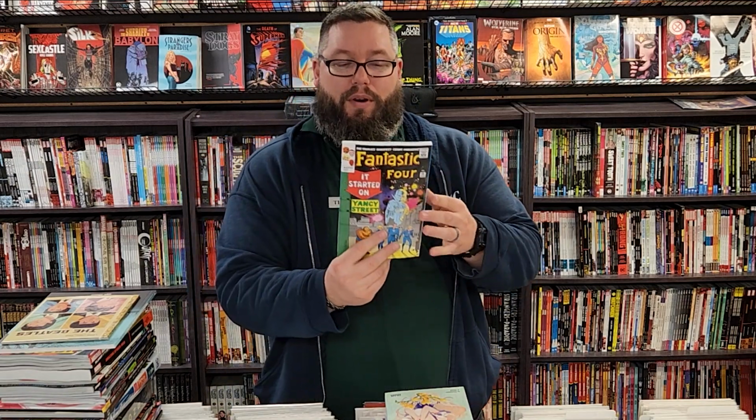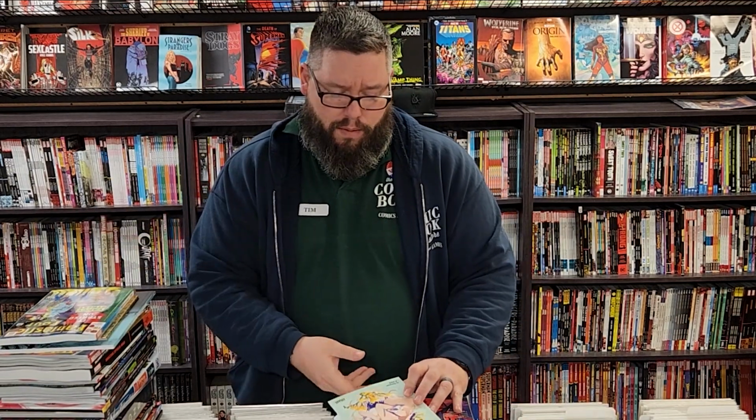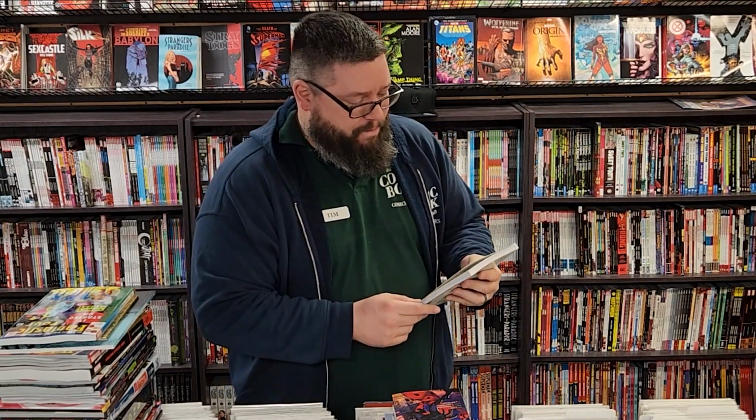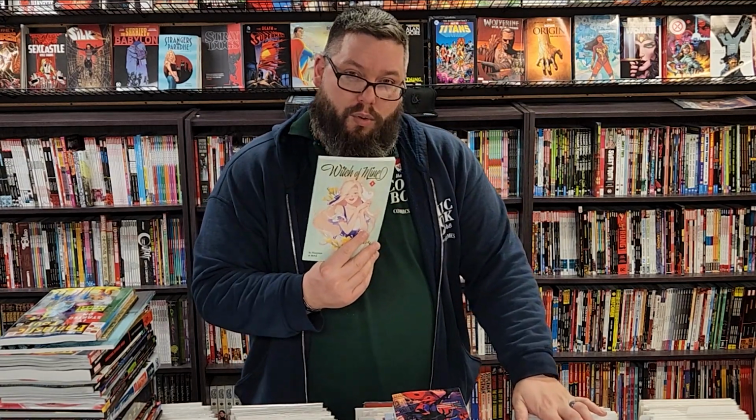Fantastic Four. This is part of the Marvel Masterworks series. This is issues 21 through 29 of Fantastic Four. We got Witch of Mine from Ablaze Manga. By the way, at the comic book store, 30 North Main Street, Gillespie, New Jersey, we do have a manga section we are working on expanding. I'm doing my best, people. I think it's pretty fun. But this is manga, and I like that Ablaze and Titan and a couple other companies are doing this, which